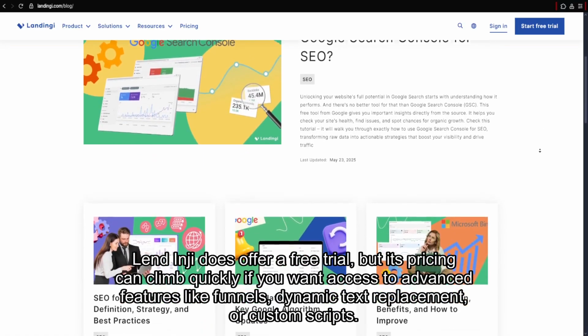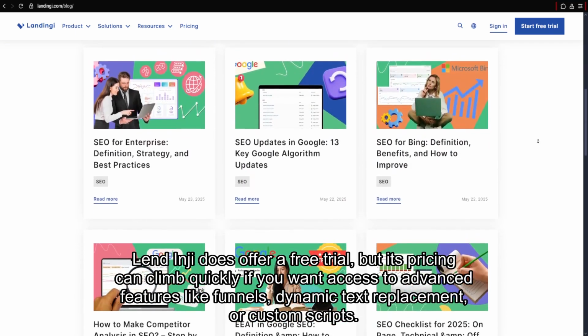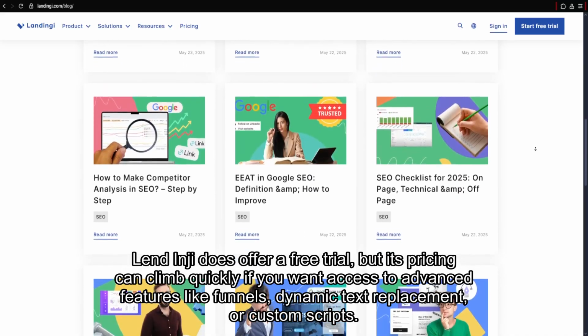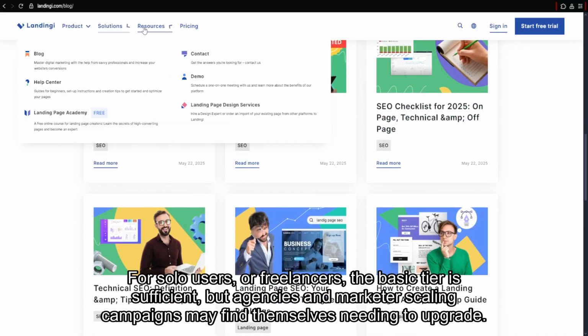Landingi does offer a free trial, but its pricing can climb quickly if you want access to advanced features like funnels, dynamic text replacement, or custom scripts. For solo users or freelancers, the basic tier is sufficient, but agencies and marketers scaling campaigns may find themselves needing